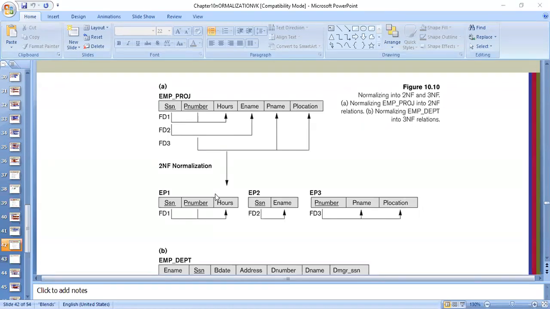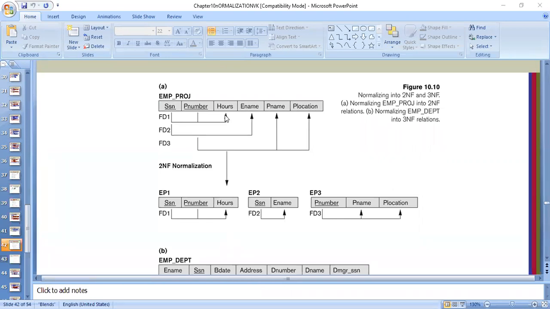Then here you can see EP1. Can you see here? EP1 is one particular relation which is a combination of attributes, but it is not an ideal relation. It is a bad relation. When we see that all the attributes do not follow the rules of second normal form, the solution will be to split them up. So how will we split them up? First, we'll bring this group together because it is fully functionally dependent. So this becomes one table.